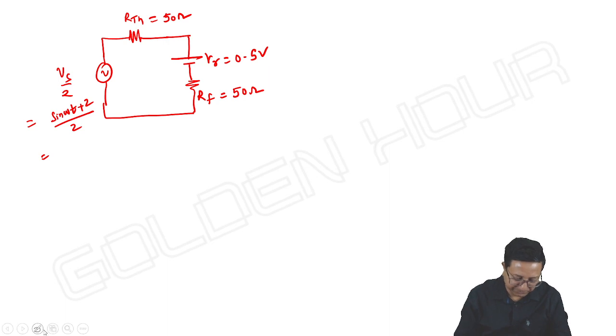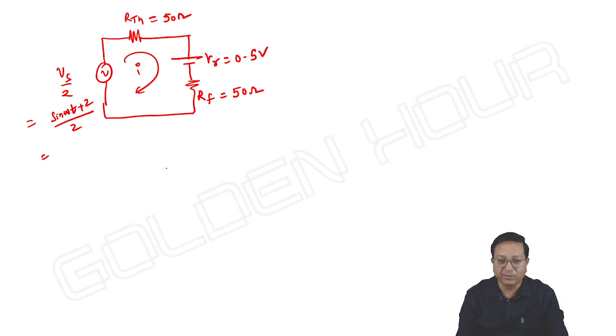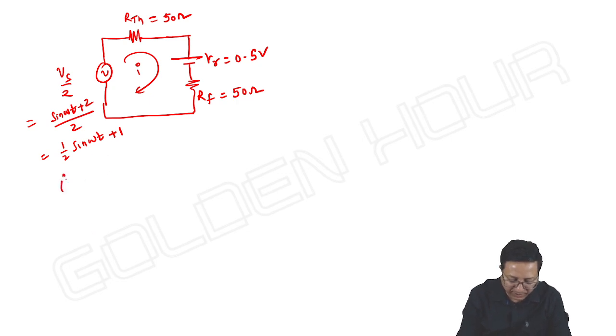Okay, let it be. Now let me take this current as I. What is the current through the diode? Instead of the diode, we are writing its equivalent circuit. So what is the current through the diode? It is 1 by 2 sine omega t plus 1. We can write then I is equal to